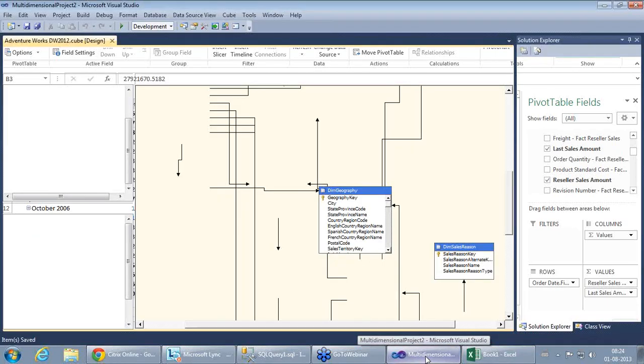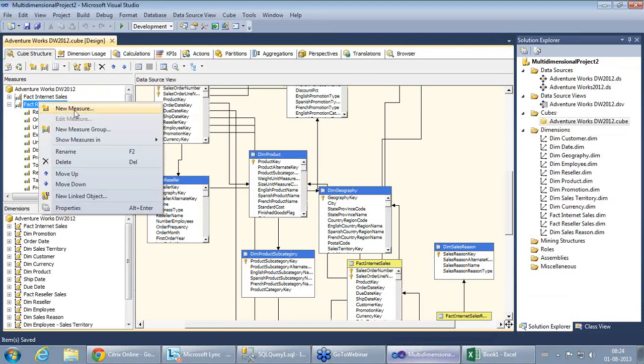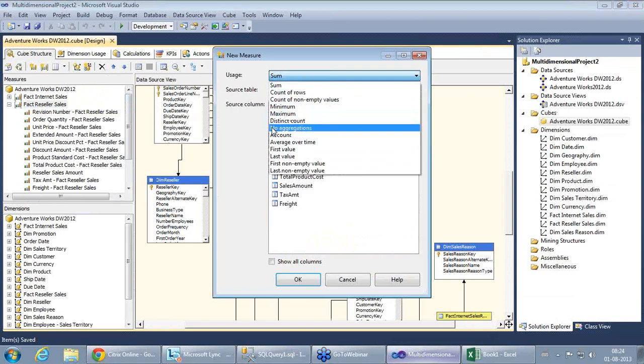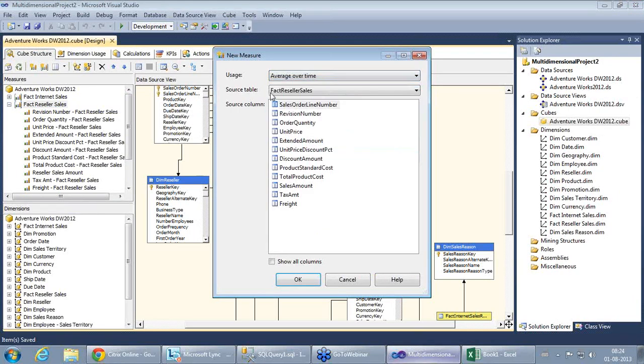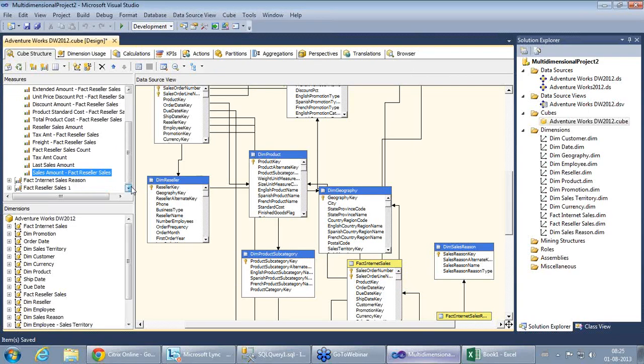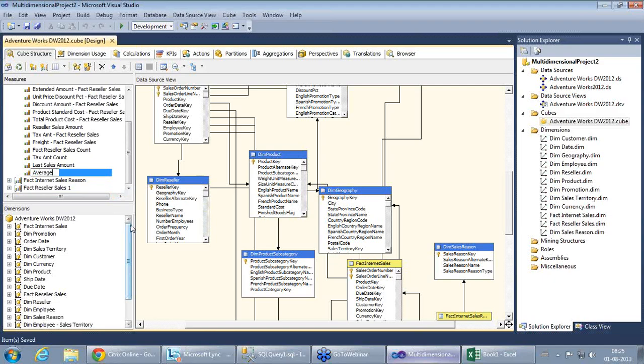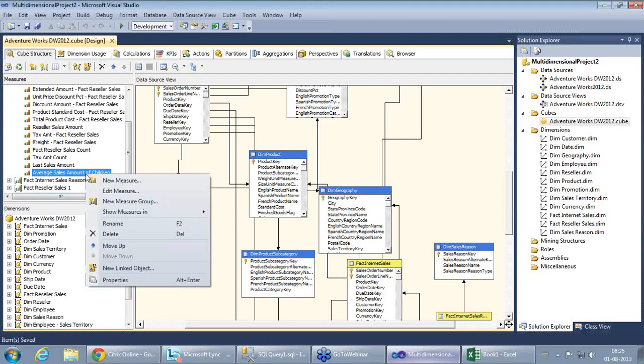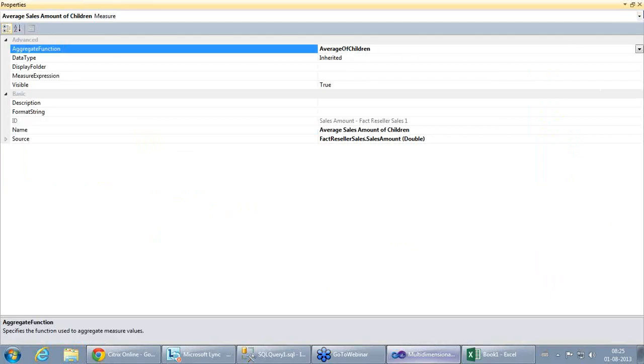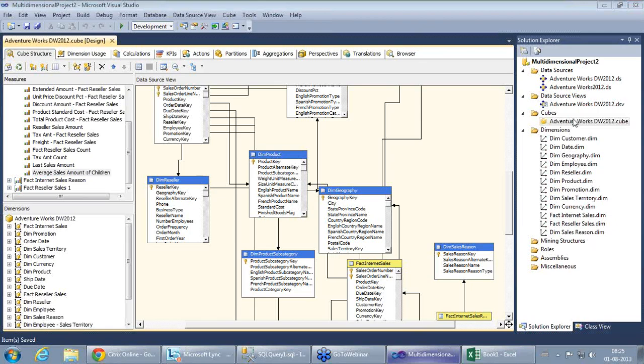So if we want to create that sort of a measure, here we create a new measure, and here we select average over time. Average over time, and I'll select sales amount. So this is saved, and let me rename this to average sales amount of children. Okay, and if you right click and go to properties, you'll see the aggregate function is average of children. So if you process this,